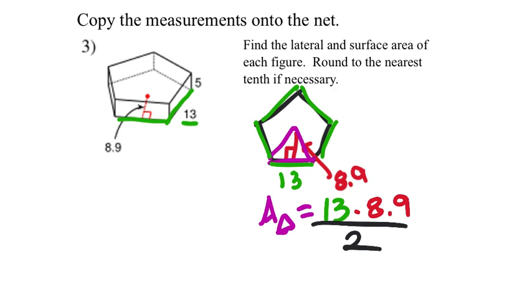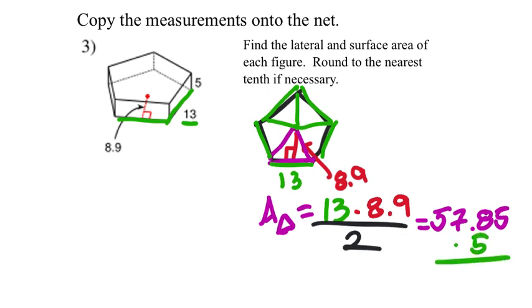So let's go ahead and figure out what the area of one of those triangles is. And yeah, some of you know the shortcut at this point to solve for the rest of that pentagon. Now when I put this in the calculator, it tells me the area of the triangle is 57.85 square units, right? But we see that that's only one triangle out of 1, 2, 3, 4, 5 triangles. So I'm going to multiply this by 5, which will give me the full area of one of these pentagons. So 57.85 times 5,